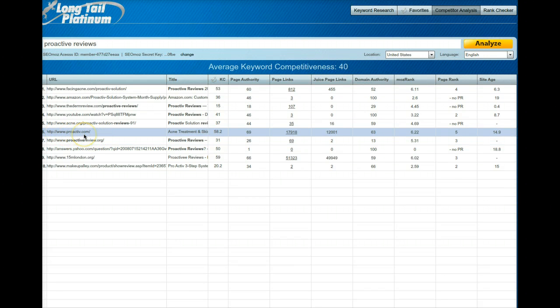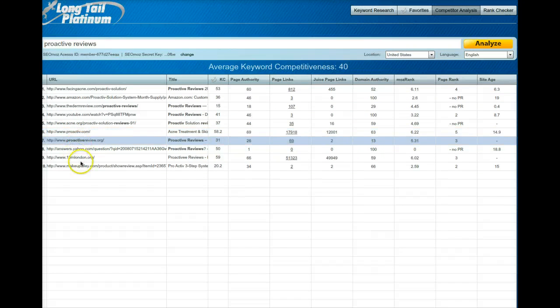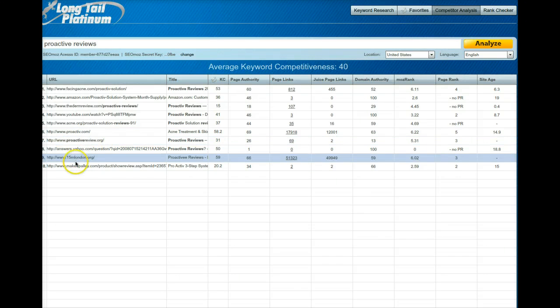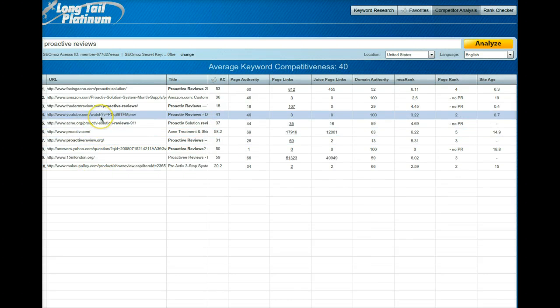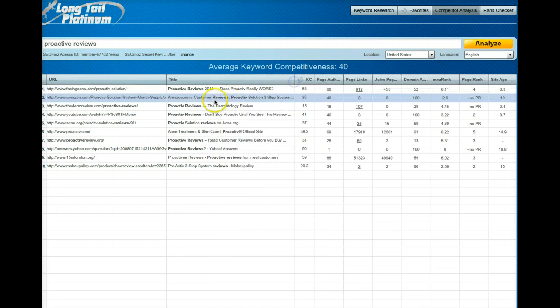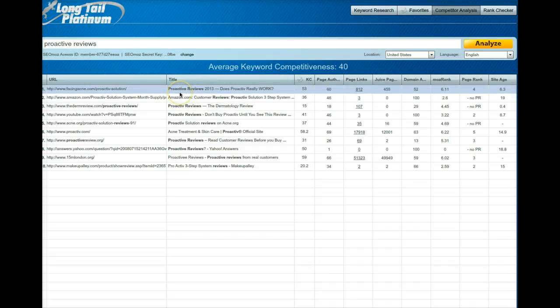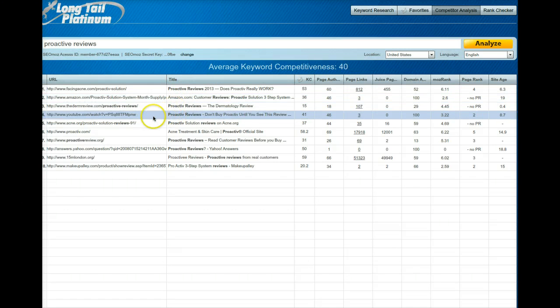This is a domain and for the company. This is a domain that someone's come up with, probably proactivereview.org. And you see a YouTube video ranking here. Okay, then you can see the title. So you have a review here, proactive reviews. Does proactive really work? That's what they titled their blog post. And then they did a little optimization here for proactive solution. Again, the YouTube video, proactive reviews, they have it completely to the left, which is good for